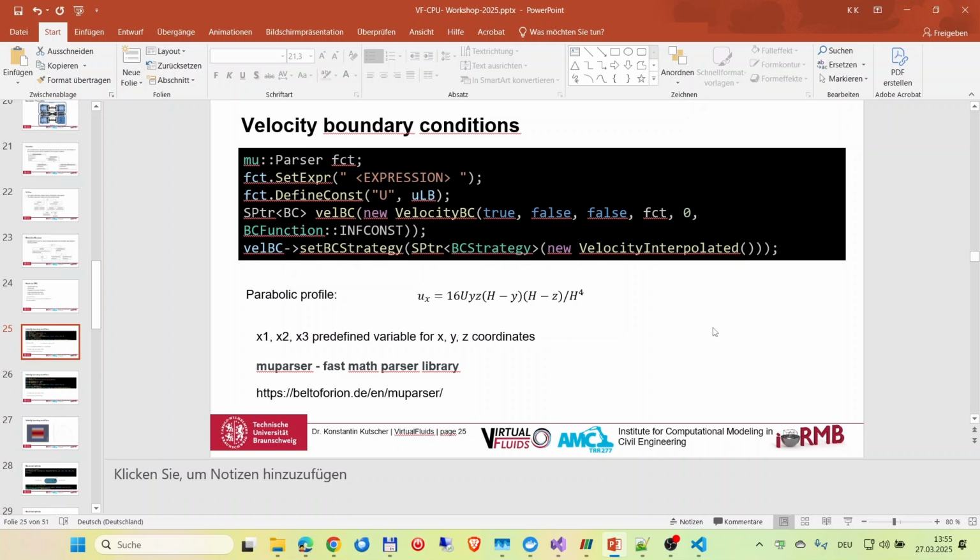Okay, and here is an example of how you can change this, how you can create new boundary conditions, or another boundary condition. And I think in principle it is everything we talked about in the previous session. Yeah, you need to create a new BC